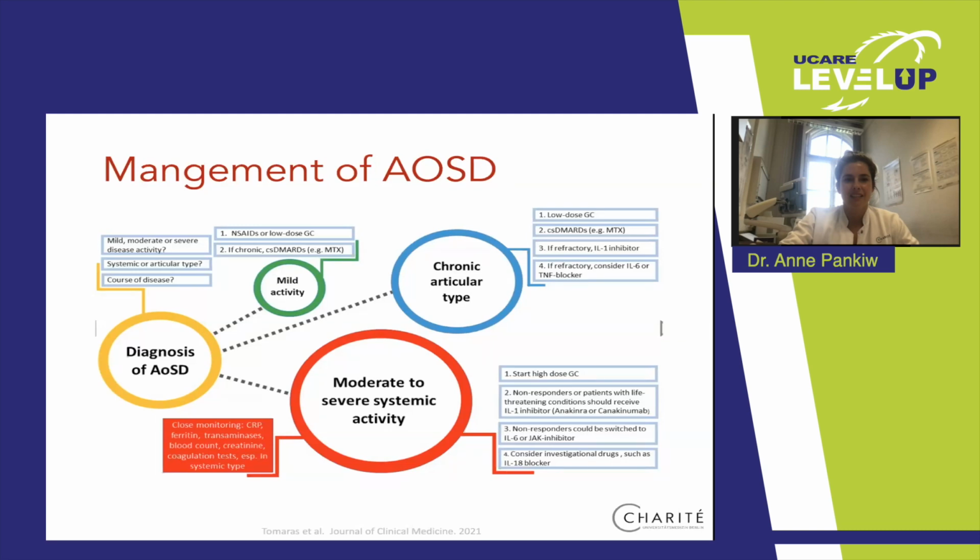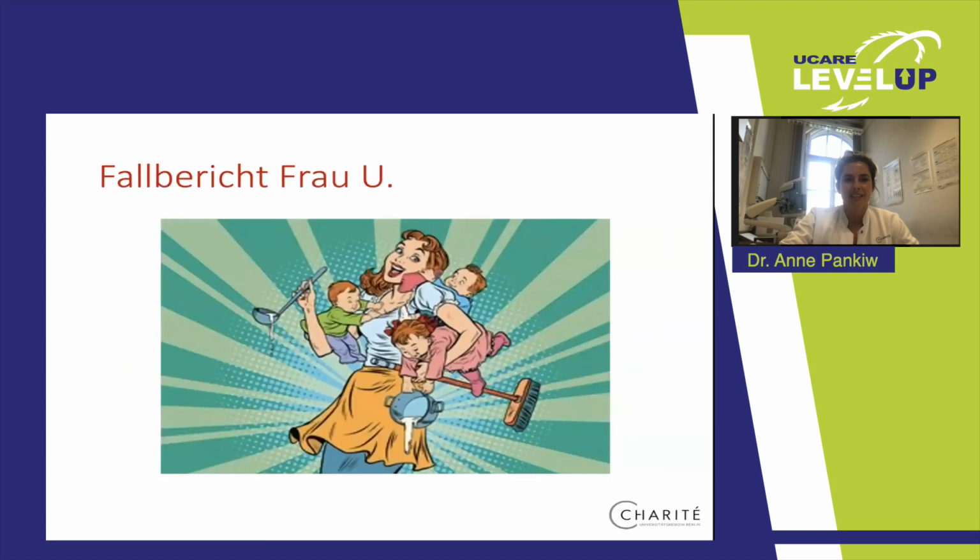There we have two substances, it's anakinra or canakinumab. So if we go back to our Mrs. Yu, we gave her anakinra, an IL-1 antagonist, and I see her very often now, and she's fine, she's happy, no more symptoms. She always wanted to be an educator, and now she's working in the kindergarten, and is very happy and without any symptoms anymore.